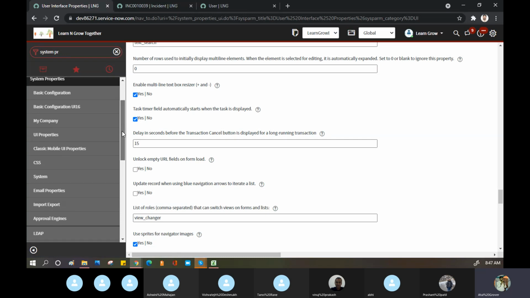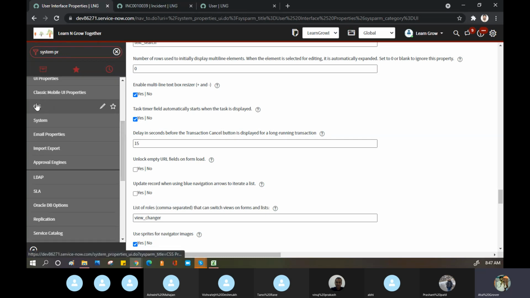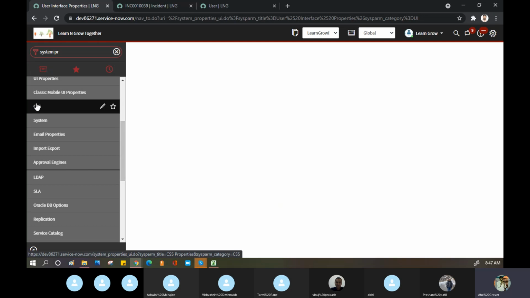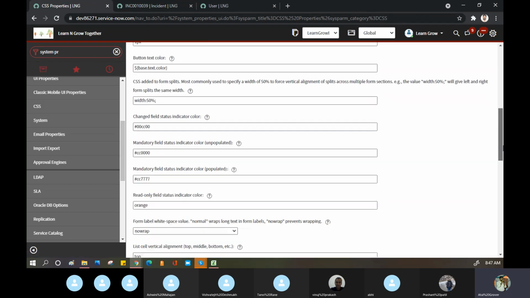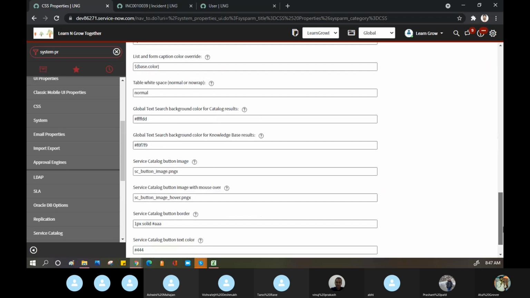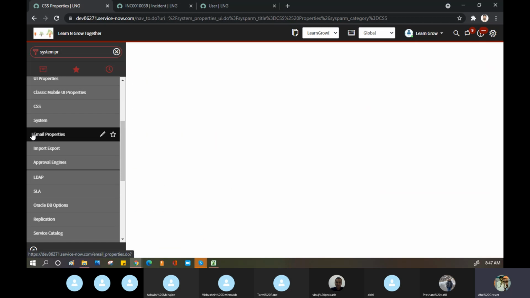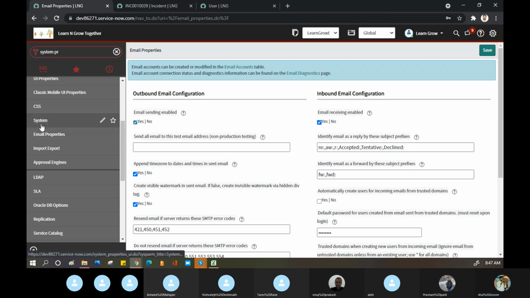Now what we'll do, we will go a little more down. I'll not pick up the CSS part, basically how the system defines the CSS, so let's keep it like this only. Email properties we will definitely do when we come to the email part, then we'll go into email properties in depth.